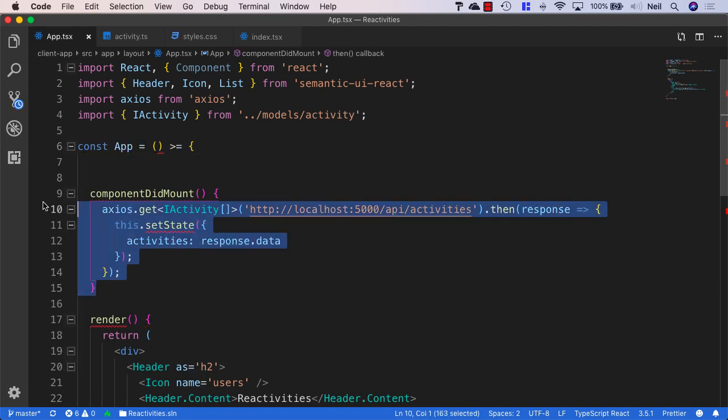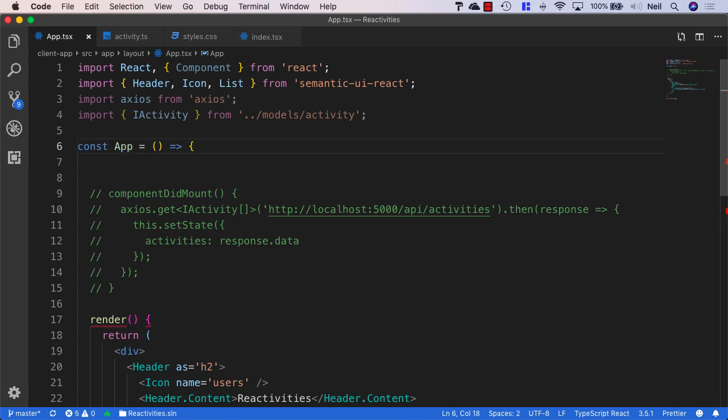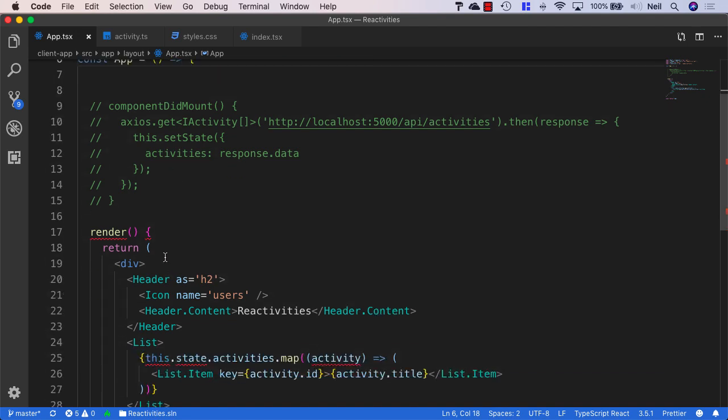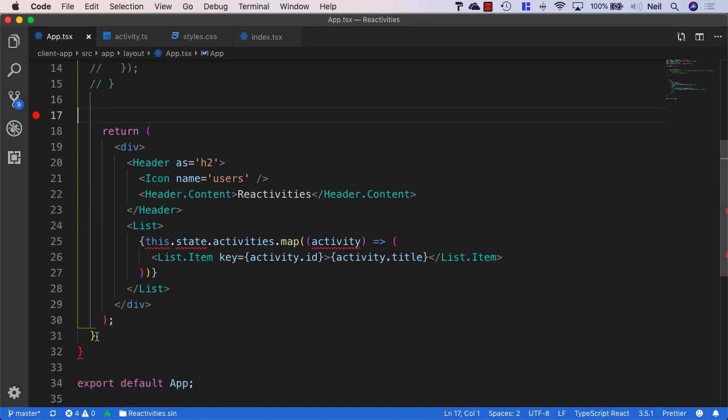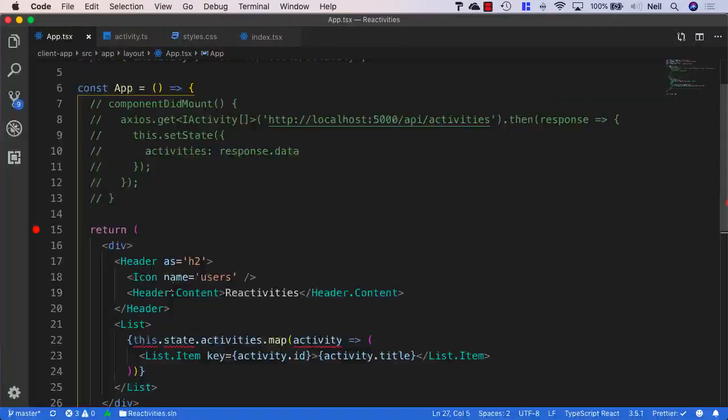And then what we want to do is remove our component did mount, but I'm just going to comment this one out for now. And I need to make my arrow function an actual arrow function. And also, because we're now just using a React functional component, we no longer have access to the render method. So let's also remove this and remove its closing brackets down here as well. And I'll just reformat and see where we're at. Now we've got our